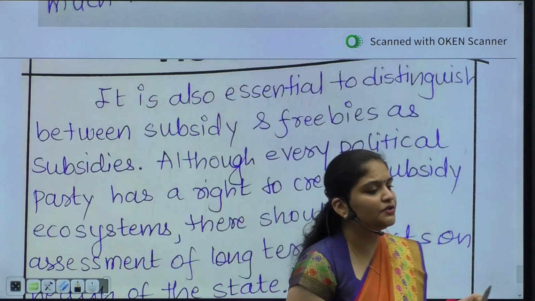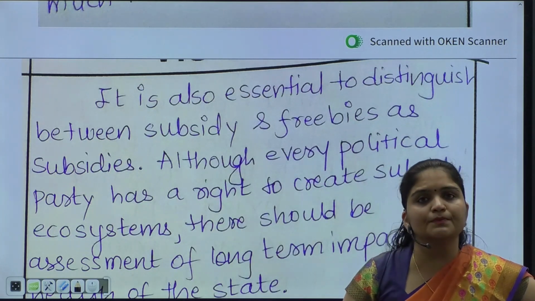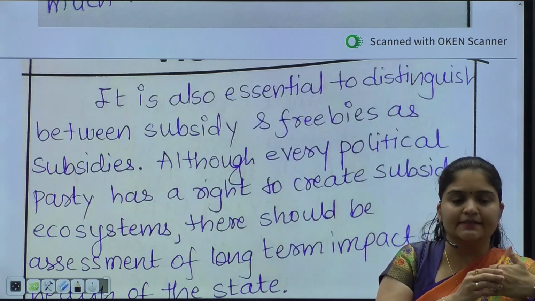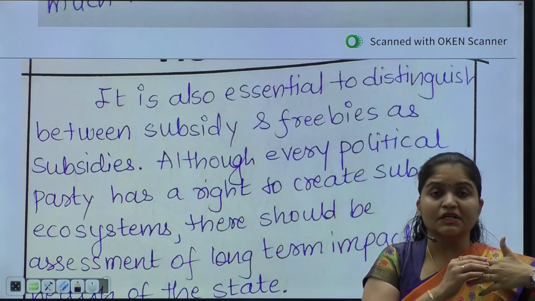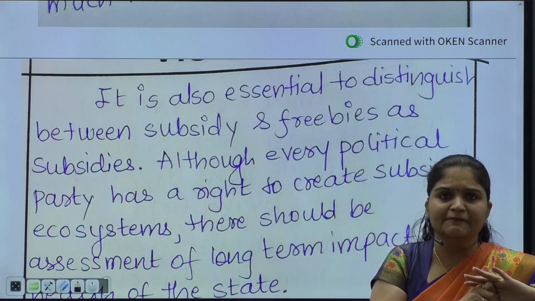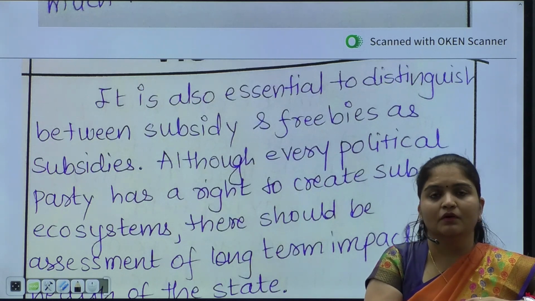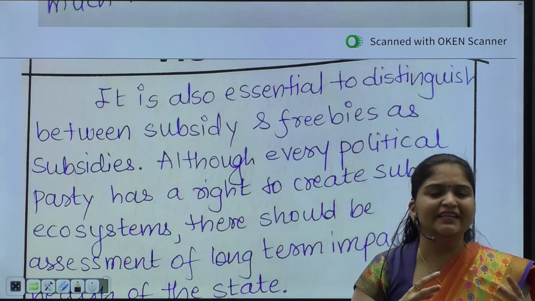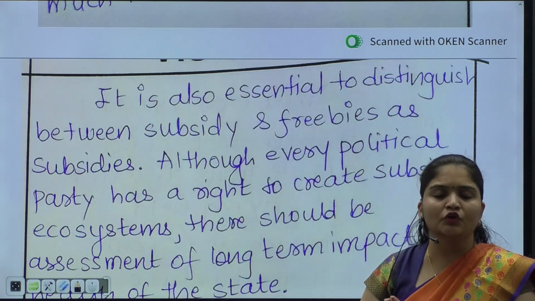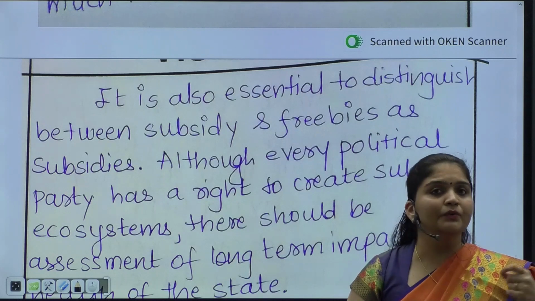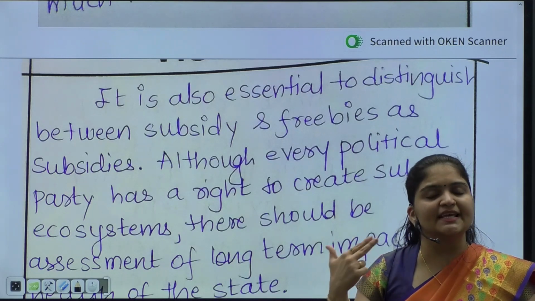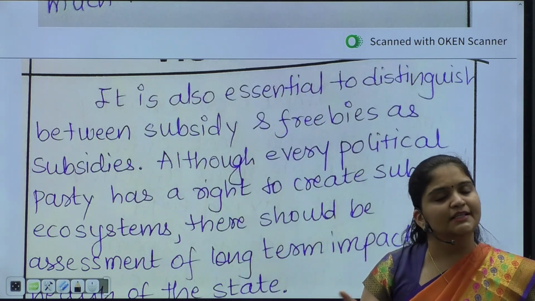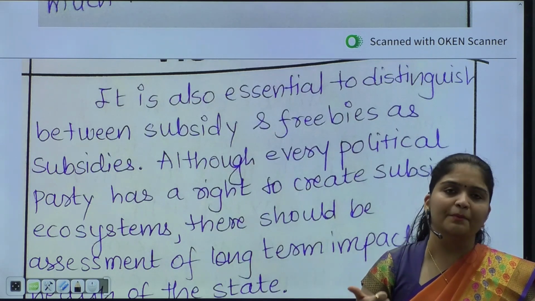So I hope you have understood different ways of how we can use political science, understanding of elections, political parties, democracy, social justice, public welfare, governance, okay? How all of this depth of understanding can be brought into your intros, into your conclusions, and how you can innovatively use judgments, examples, cases, models, best practices, okay? This will certainly enhance your marks in paper 2.